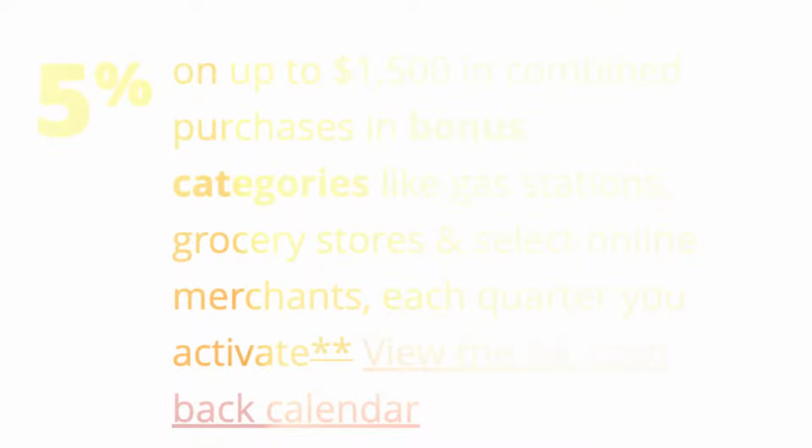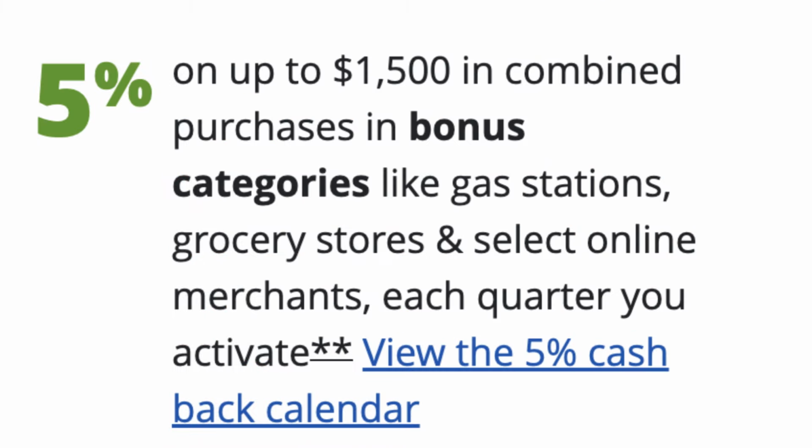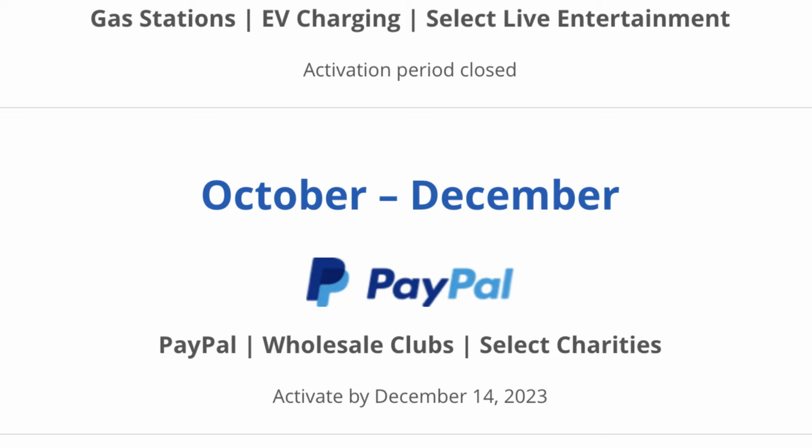Now the Chase Freedom Flex, instead of the 1.5% back on everything, has quarterly rotating categories where you earn 5x back. Now what the heck does that mean? Every 3 months, Chase picks out a few merchants where you're able to earn 5x back. And I'm in December, so the categories for this quarter were wholesale clubs, PayPal, and select charities. So you would just link your PayPal account to your Freedom Flex and make online purchases and get the 5x